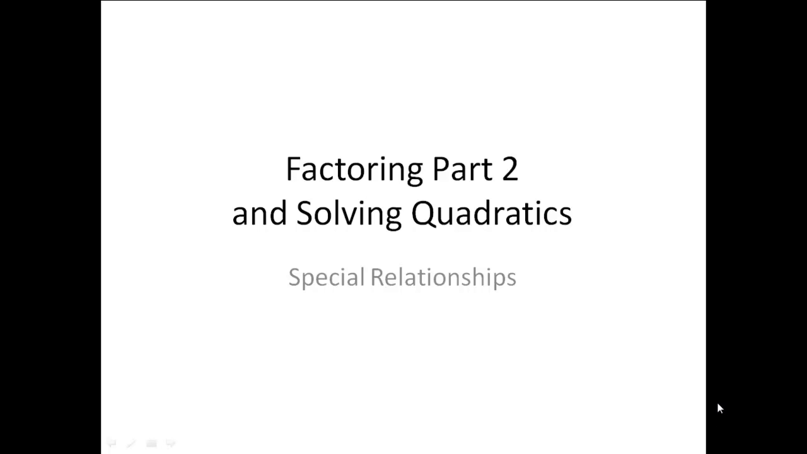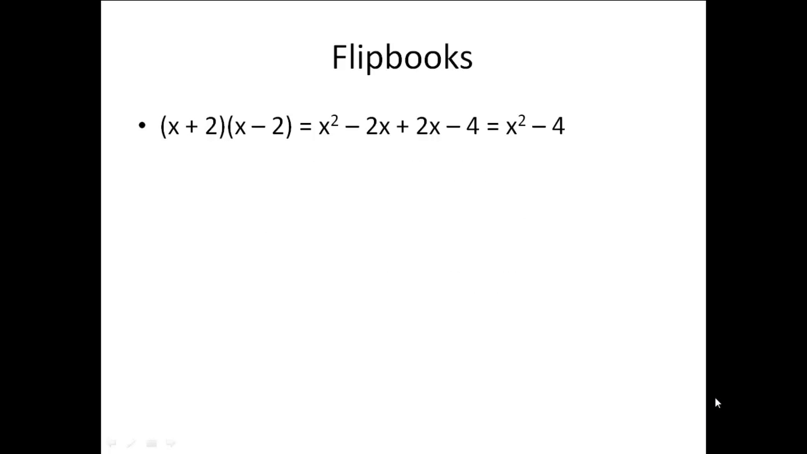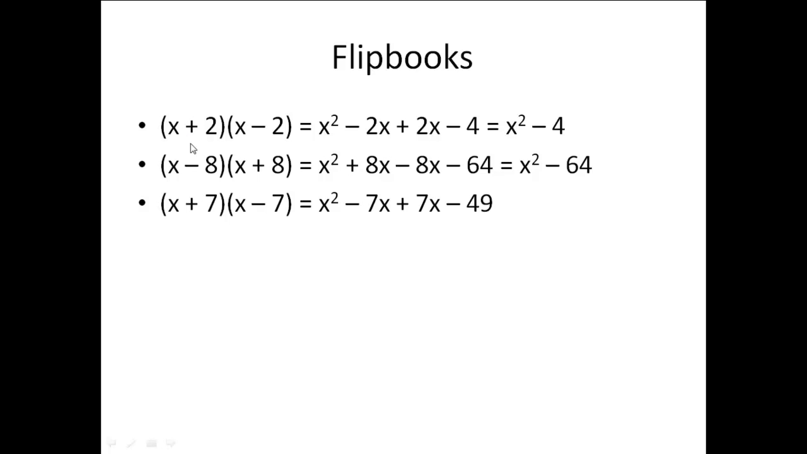Okay, we're looking at factoring part 2 and solving quadratics. We're going to look at a couple patterns here. Notice with these three examples, I have x plus a number and x minus a number. This one I have x minus a number, x plus a number, but these numbers are the same in each pair. Well, here's what happens when I FOIL out the first one, and when I simplify it, this minus 2x